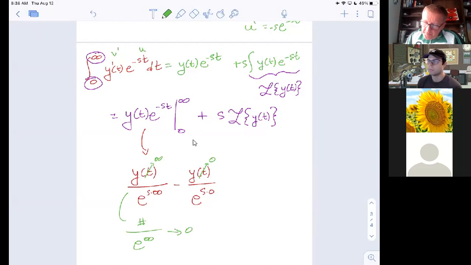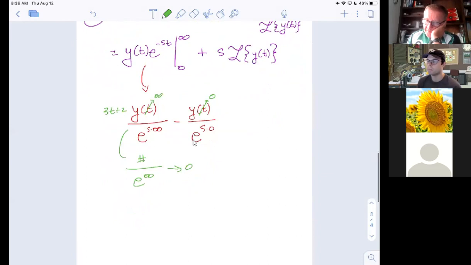But what if this function up here was like 3t plus 2, like it was a line? Remember, that's just some function of t. What if it was a line? Who wins from Math 253? If you have 3 times infinity plus 2, where the plus 2 doesn't make any difference, over e to the infinity, which function outruns? Who runs faster, lines or exponentials? Exponentials. So this really would be on its way to 0